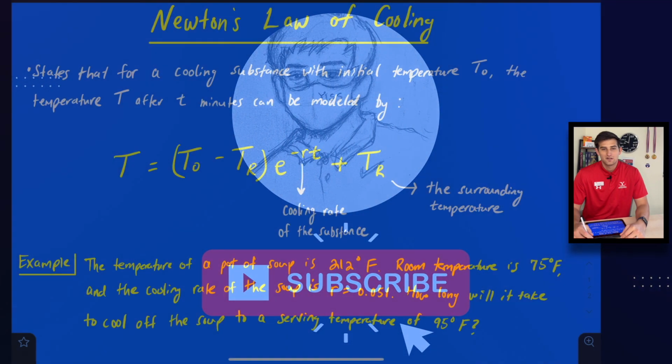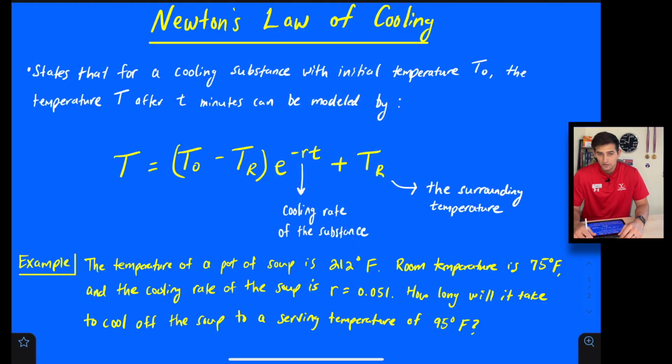Hello everyone, in this video we're going to talk about Newton's law of cooling. Essentially, this is an exponential equation that allows us to determine how long it's going to take something to cool off to a desirable temperature. In the example we're going to look at today, a soup or a stew that you're cooking is at a certain temperature, but we want to serve it at a cooler temperature. Based on the initial temperature, the temperature we want to serve it at, and the room temperature, we can see how long we should wait to serve the